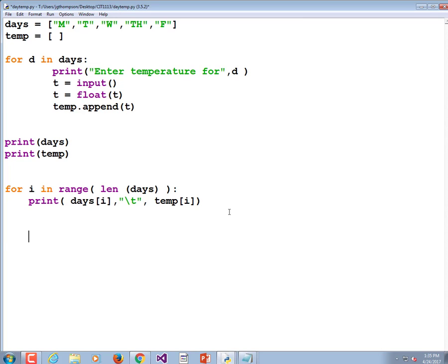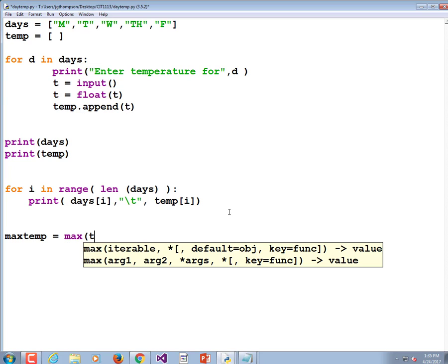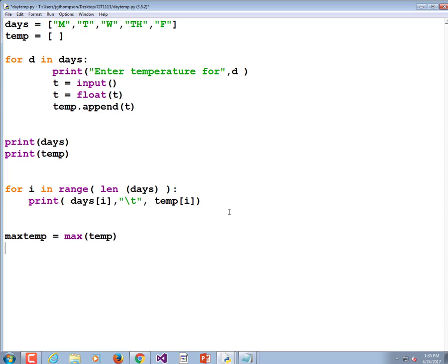Now, how do you find the largest value in an array? There's more than one way to do that. I think when I demonstrated it originally, I actually had a for loop that went and found the largest value in a list. But we know that there are other ways of getting the largest value in a list. What's the easiest way? Yeah, max. We're going to use the max value. So max temperature is equal to the maximum value of the temp. If I was writing this for my own purposes, I'd give that a better name, like temperatures,